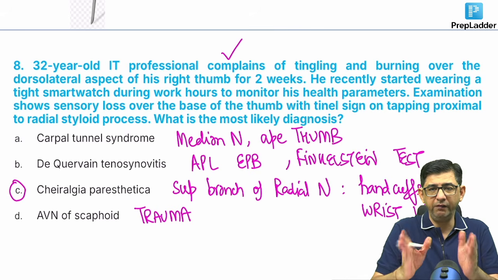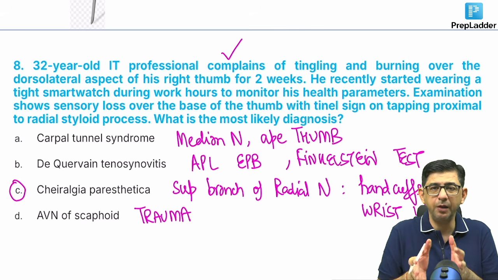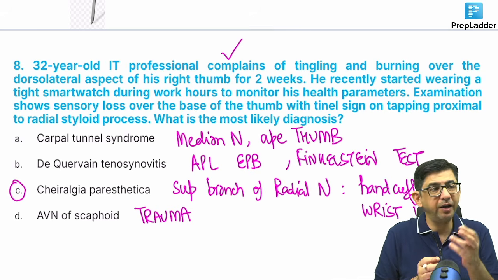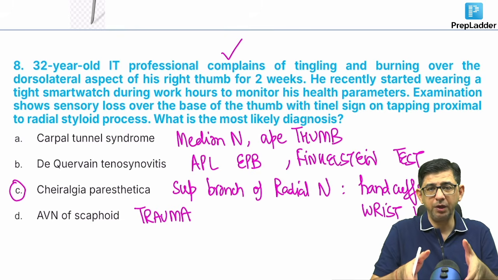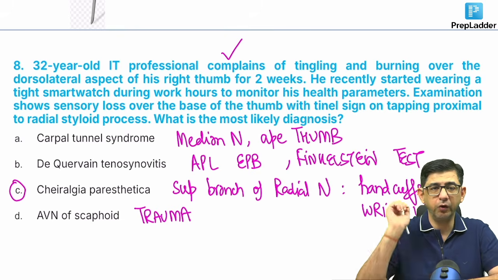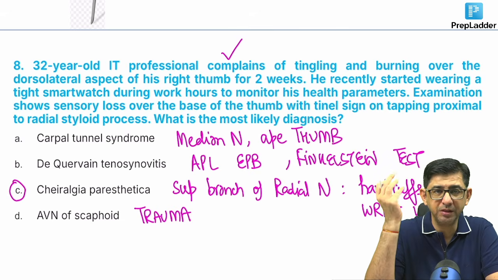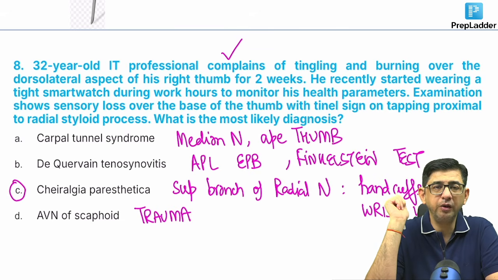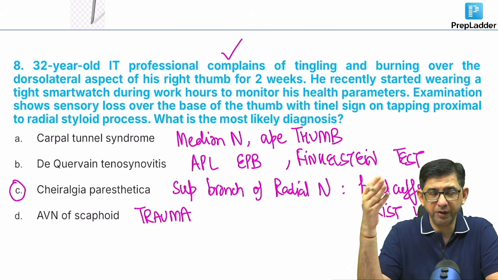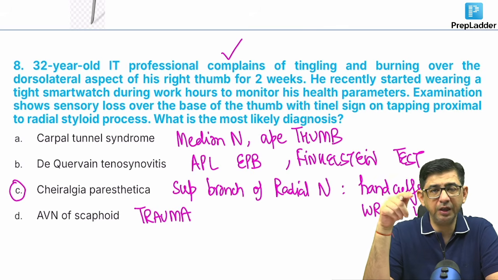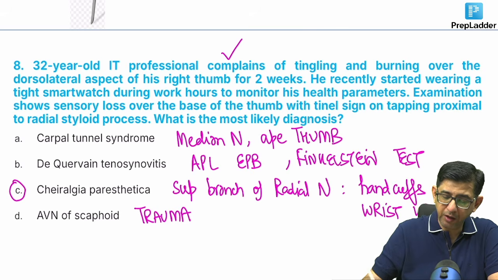So ये वाला जो activity है, like you have to pick up the child, like she's a maid and she's working in like kindergarten, KG. So she has to pick up small children. So this activity again and again can result in development of De Quervain tenosynovitis. So we call it mother's thumb also. And then carpal tunnel syndrome is more commonly seen in IT professionals, but there it is the median nerve and the ape thumb manifestation. But here it was very classical.